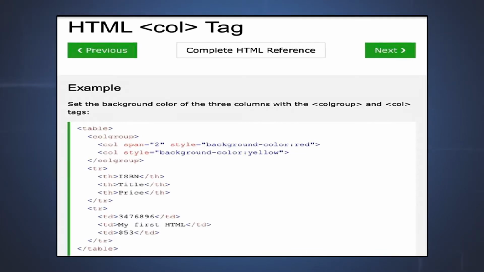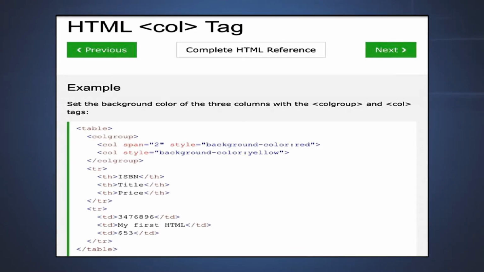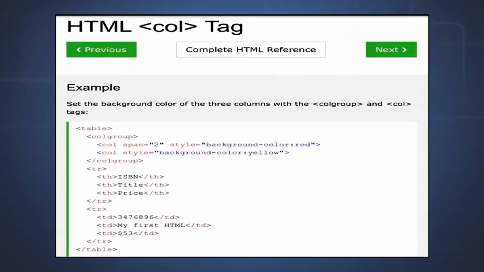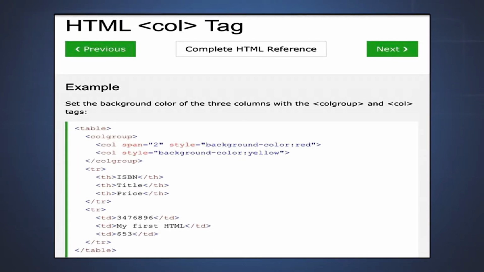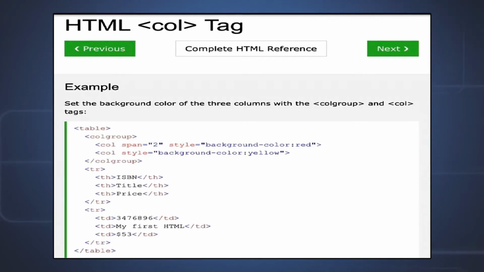So the first row is the table header, where we defined TR and TH tags. Then we have the next row where we had table row and table data, and all these things are put in the columns. So you have multiple rows, you have 3 columns. In the 3 columns we have ISBN, title and price related information. So for columns we used the COLGROUP, then for specific columns, we use the COL tag. Then for each row of the table, we use a TR tag. Then for each table header name, we use a TH tag.